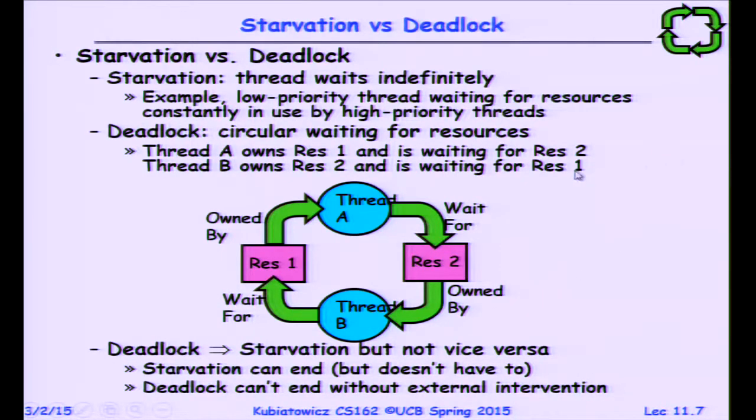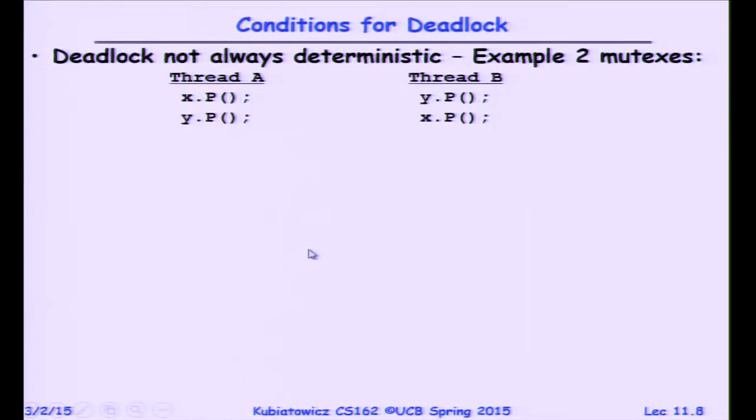Starvations that are not deadlocks can eventually end. Deadlocks don't end unless you break the cycle somehow. So, break the cycle by taking the resource away from one thread and giving it to somebody else. That might be an example of getting rid of the cycle. It's probably going to violate the semantics of your system, because the whole reason that thread A owns resource 1 and locks out thread B is that thread A needs exclusive access to resource 1. So presumably if you took resource 1 away, thread A is going to have bad behavior. Now, conditions for deadlock